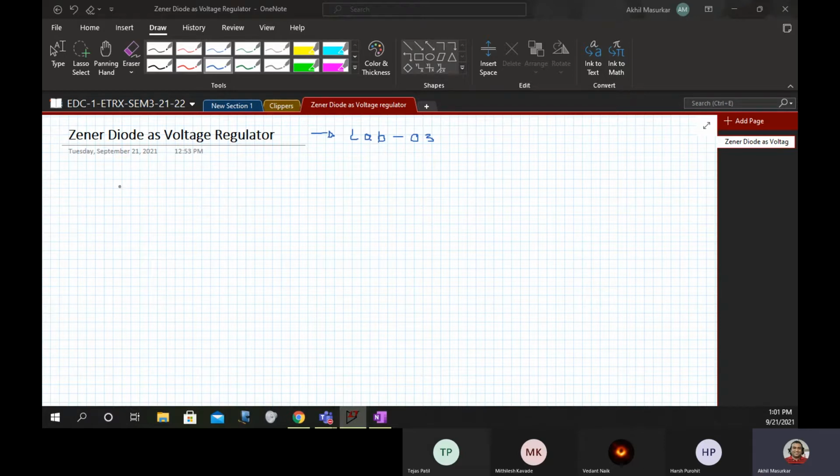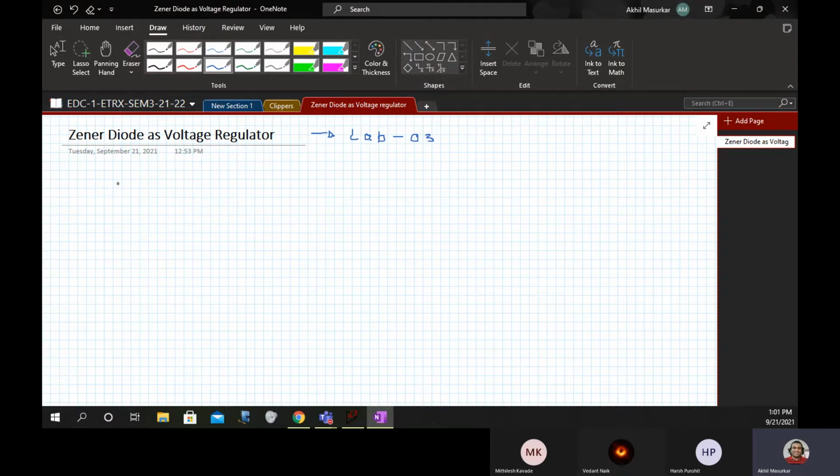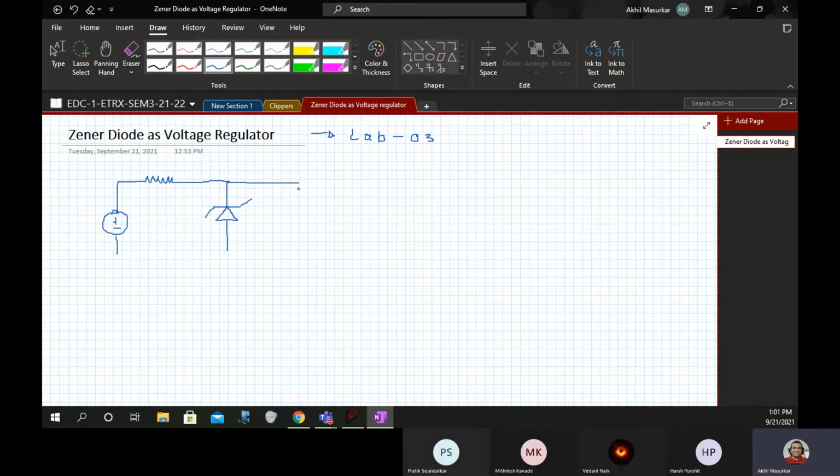Before we talk about line and load regulation, let us first draw the circuit for our own sake. So here we have, let's say, plus minus, then we have a resistance, then we have our Zener diode. Please note the symbol of the Zener is not like a normal diode. And then we have load resistance in this case.